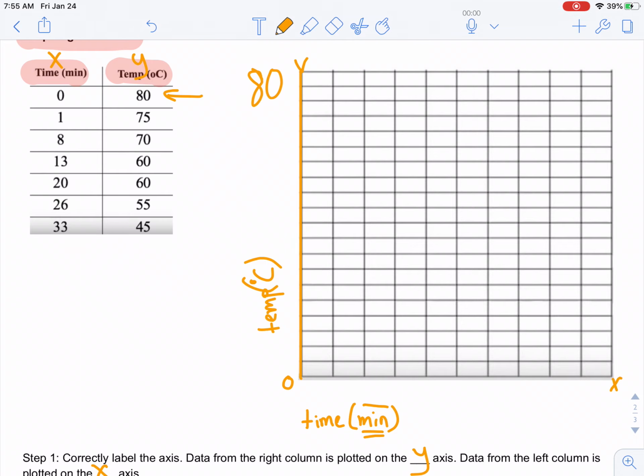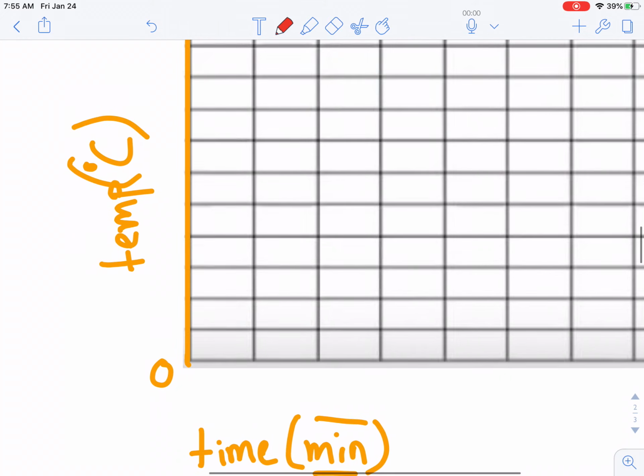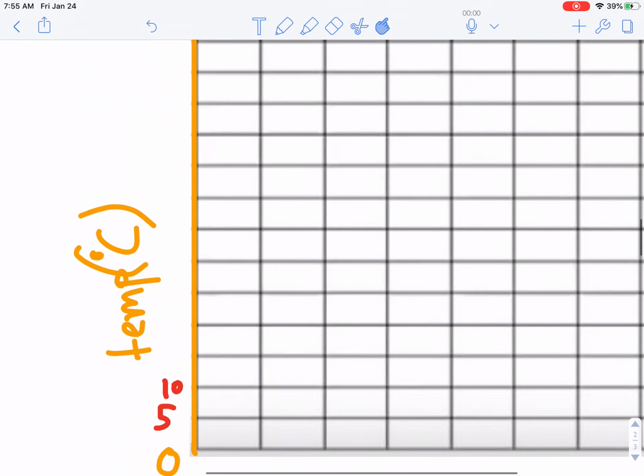So what I always do is I just sort of eyeball it. I mark out a number of spaces, and I think, okay, what could I go by? Maybe 20, 40, 60, 80. Let's try counting. We could count by 5s. So 5, 10. I could skip every one and go by 10s. So 10, 15, 20, 25, 30, 35, 40, 45, 50, 55, 60,